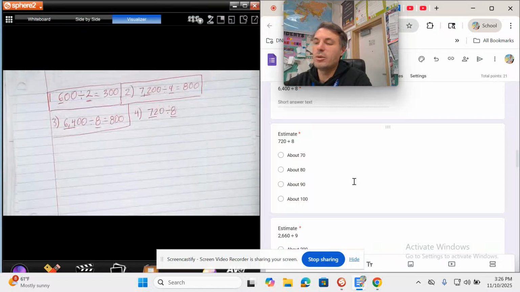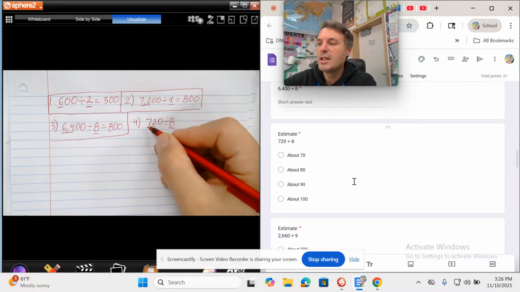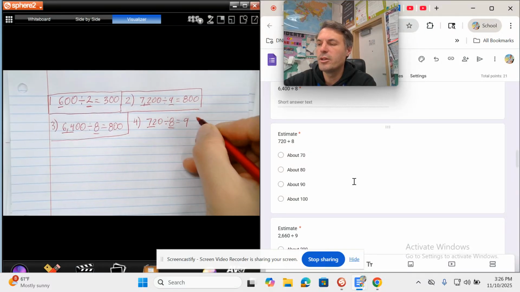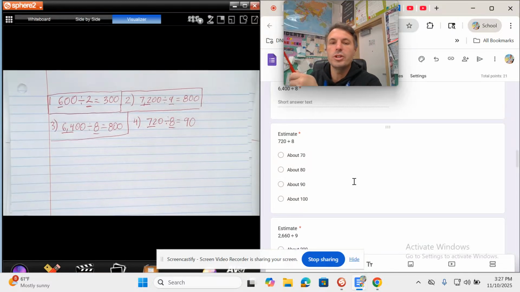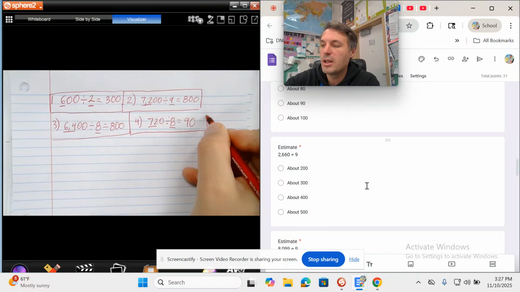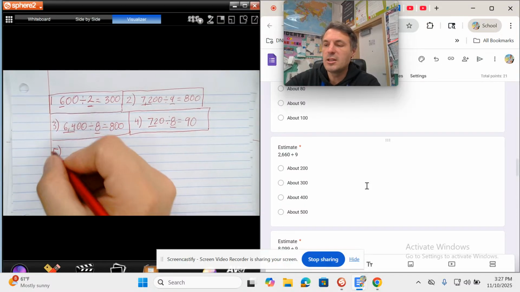So look, that means we don't even really have to round this one because 72 divided by 8 is 9, and we take that 1 0 and we drop it into the quotient. So the 720 divided by 8, it says about 90, it's actually exactly 90, so you would click that right there. The next one, though, we really do have to estimate. Number 5, it says estimate